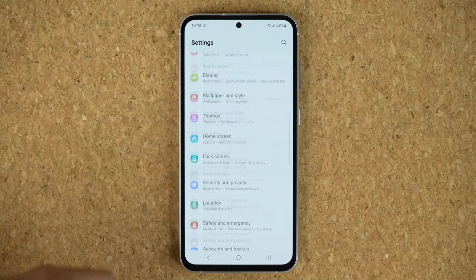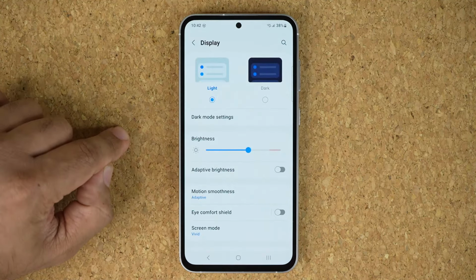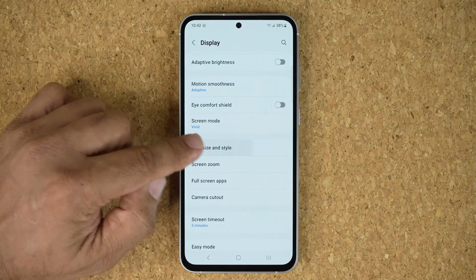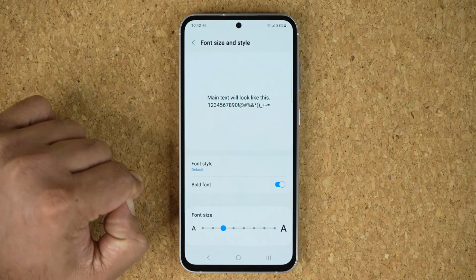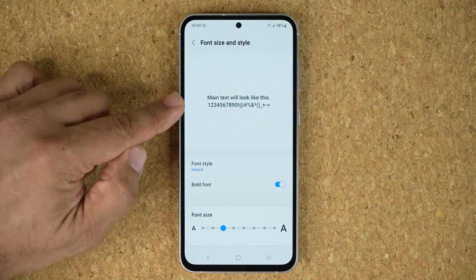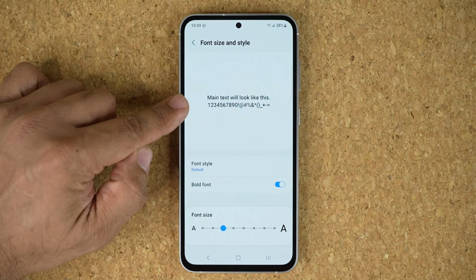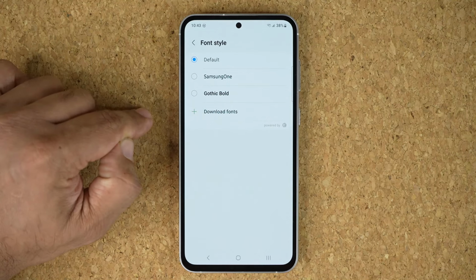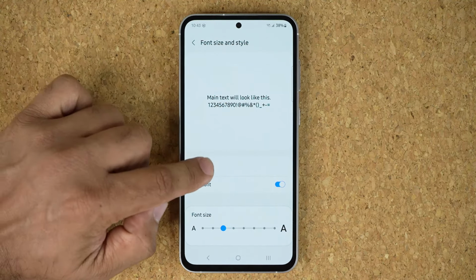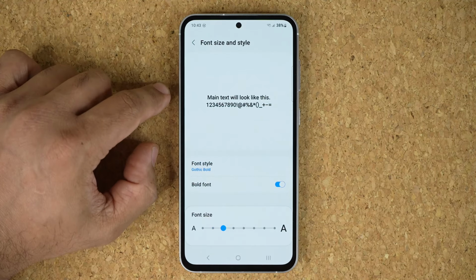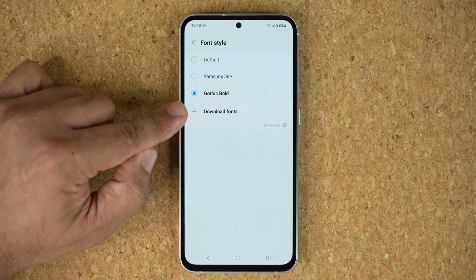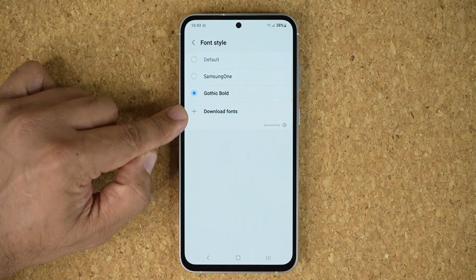The next thing you want to do is go to your display, tap on the display, and then scroll down just a little bit and go to Font Size and Style. From here, personally, I like to bolden the font for myself. It just makes it easier to see. But you have the option to go to Font Style and actually pick from different font styles to customize your phone, so you get that unique look, and you do have the option to download additional free or paid fonts